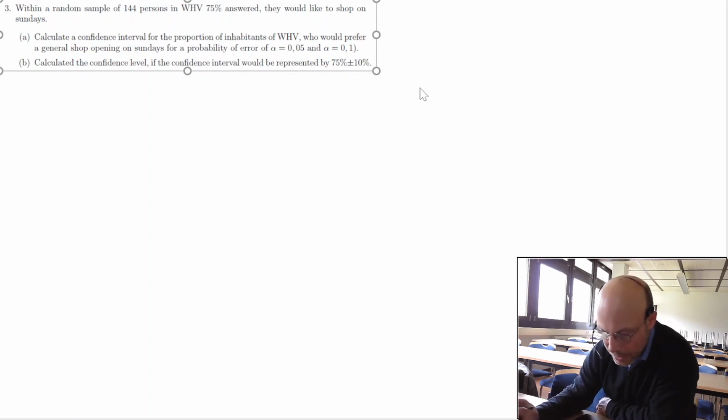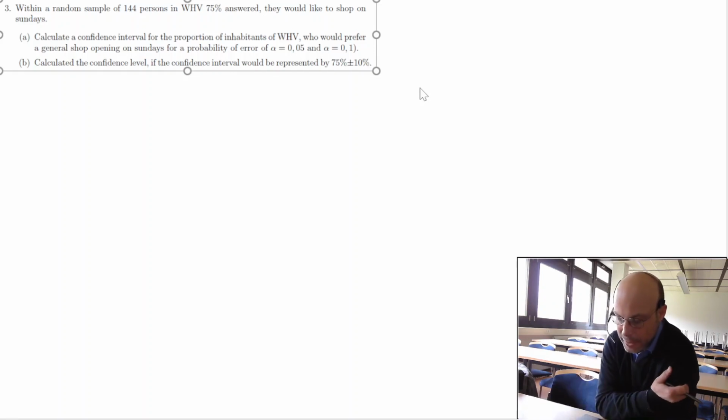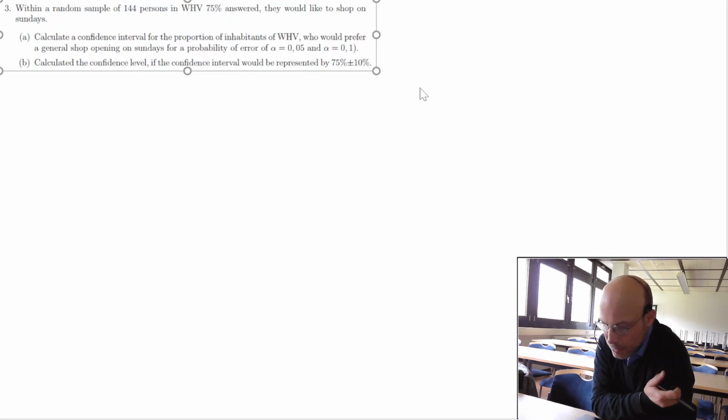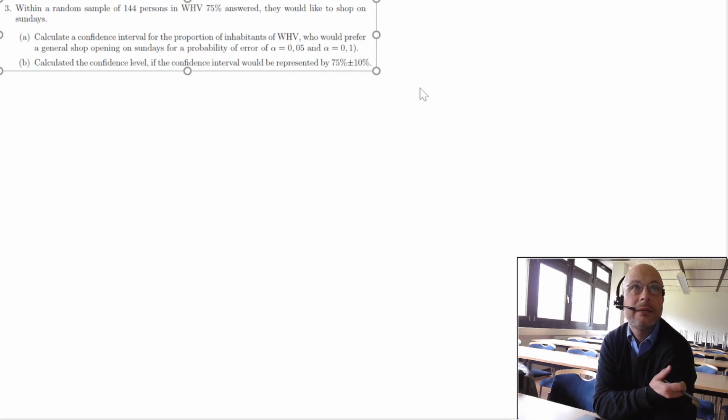So within a random sample of 144 persons in Wilhelmshaven, 75% answered they would like to shop on Sundays. Calculate a confidence interval for the proportion of inhabitants of Wilhelmshaven who would prefer a general shop opening on Sundays for a probability error of alpha is 5% or alpha is 10%. So first of all,